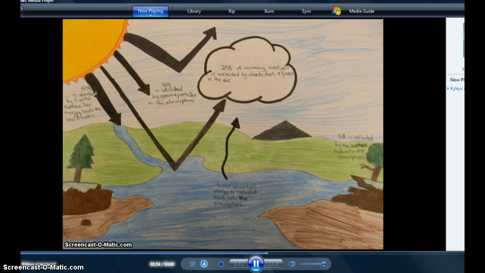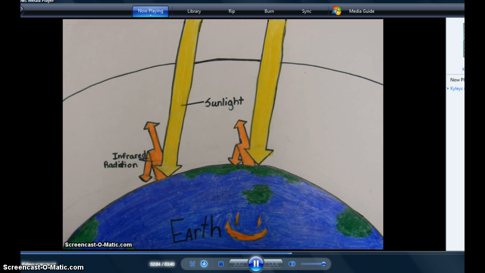Also, about 50% is absorbed by Earth's surface. Because of this, energy heats the land and water. Thank goodness, because I don't think summers would be as fun swimming in freezing cold water. When Earth's surface is heated, it radiates most of the energy back into the atmosphere as infrared radiation. What is infrared radiation, you might ask? Well, in this picture,